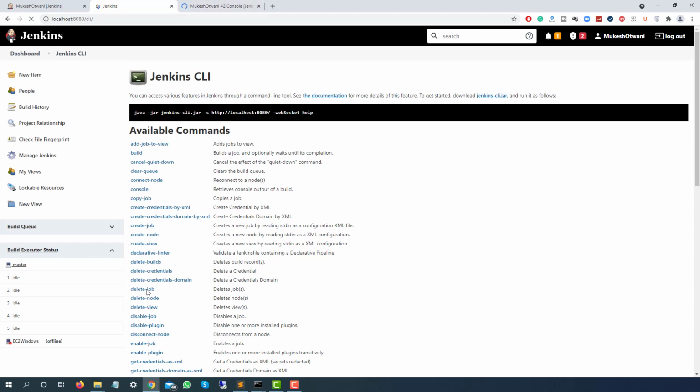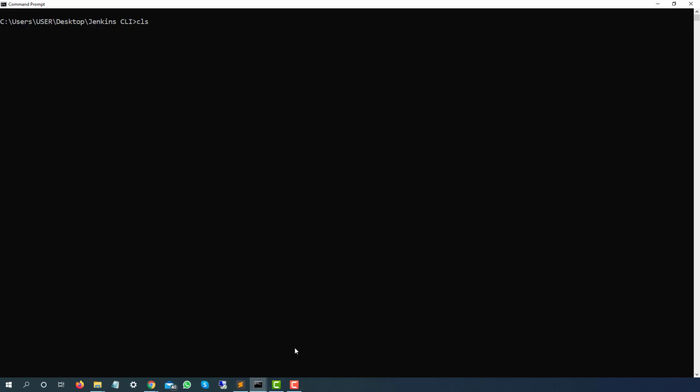So let's say if I want to delete them, you can see we have a dedicated command called delete job. If I open this particular command, it shows that you can execute this command with multiple options as well. So instead of using build, if I just say delete, which jobs do I need to delete?